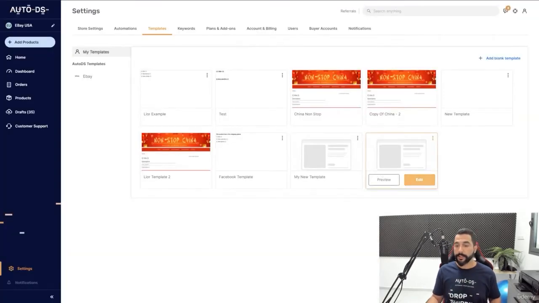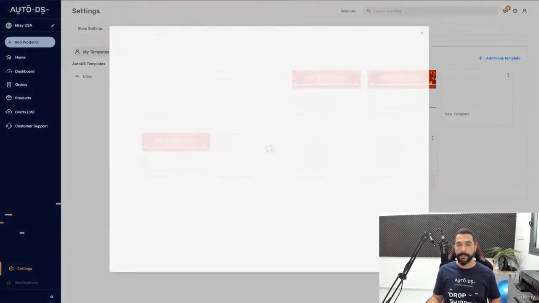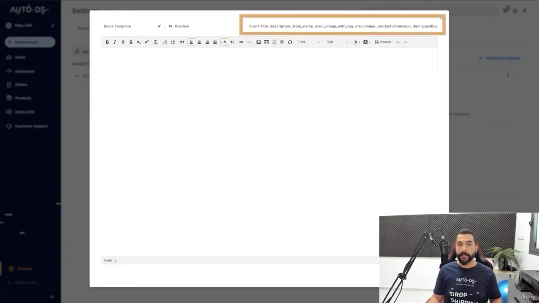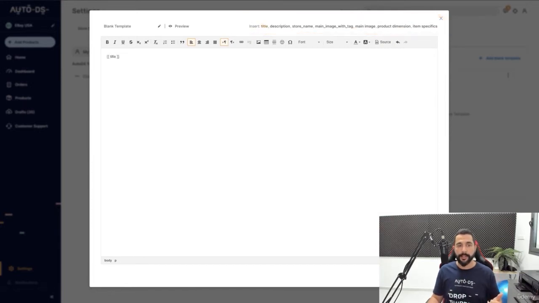So what I'm going to do here, this is the blank template. I'm going to click on edit. And once again, we are starting right here from scratch. So everything here is blank. Now we've got some triggers up here. You can automatically insert the product's title. So I'm going to click on it. And as you see here, we've got title in a little bit of code, product's description. You can add your store name. And we'll just make it look a little bit better by adding a space so we'll know what we're seeing. So the product's title, the description, the store's name, and you can also add your own text like shipping